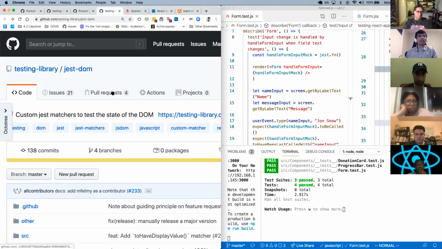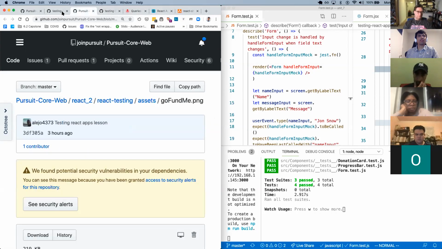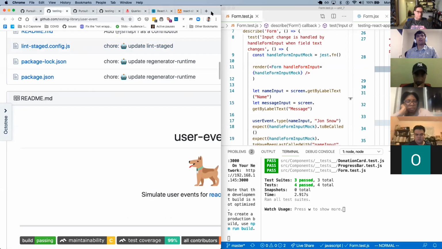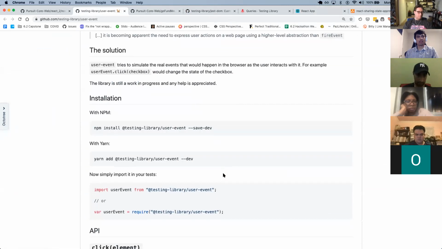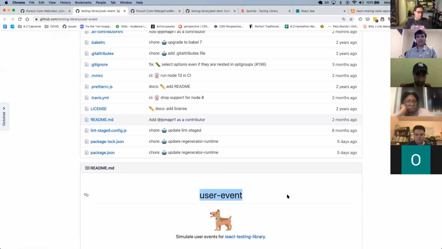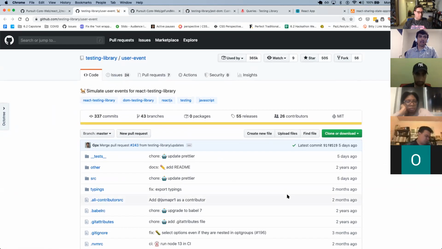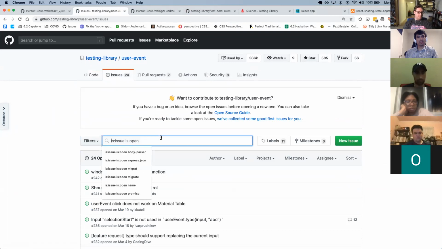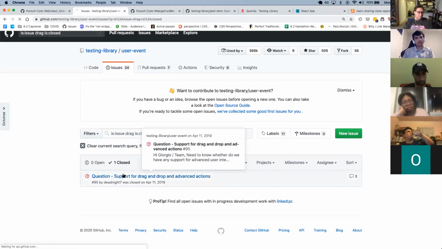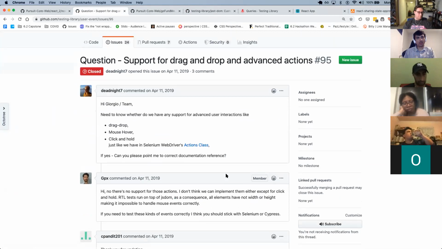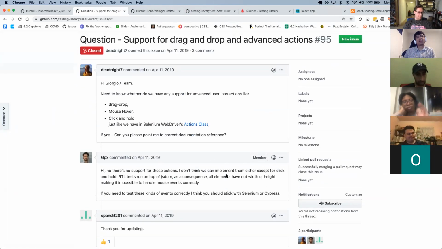I was reading some of the issues in testing library, I think here. Let's see if I can find it real quickly. So user event doesn't have a drag or anything like that. I think I had seen, let's see, drag, unclosed issue. Oh, I guess, no, this was drag and drop. I think this was,